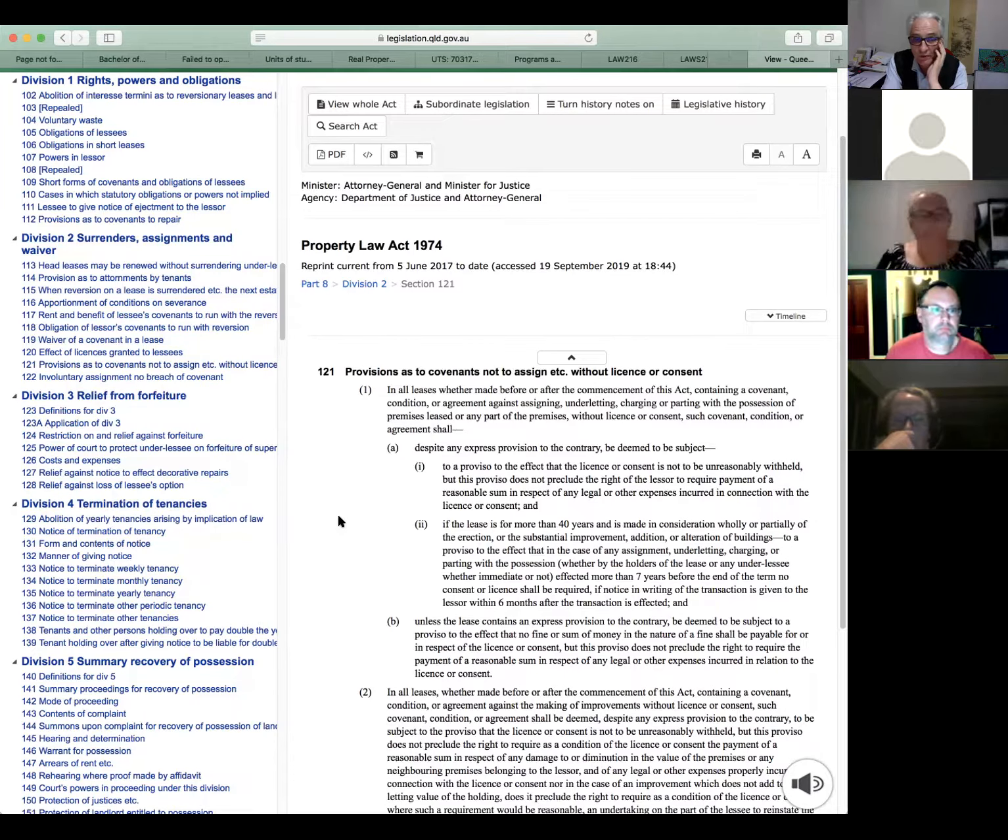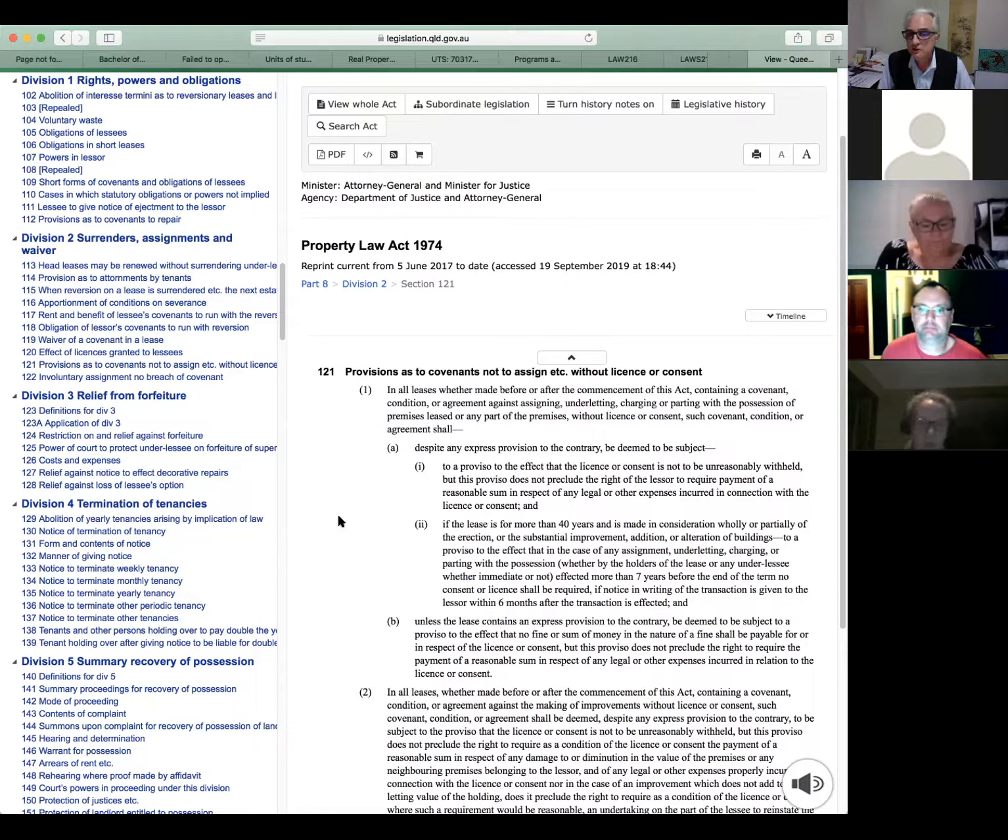In all leases, whether made before or after commencing this act, containing a covenant, condition or agreement against assigning, underletting, charging or parting with the possession of premises leased or any part of premises without licence or consent, such covenant, condition or agreement shall, despite any express provision to the contrary, I note those words, be deemed to be subject to a proviso to the effect that the licence or consent is not to be unreasonably withheld, but this proviso does not preclude the right of the lessor to require payment of a reasonable sum in respect of any legal or other expenses incurred in connection with the licence, etc. Don't worry about the next bit, it doesn't relate to this scenario.